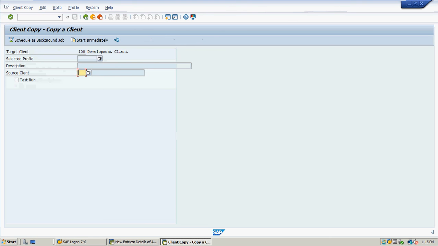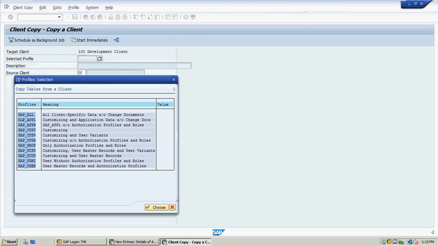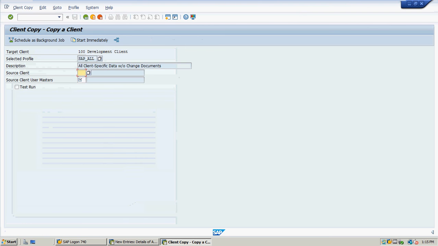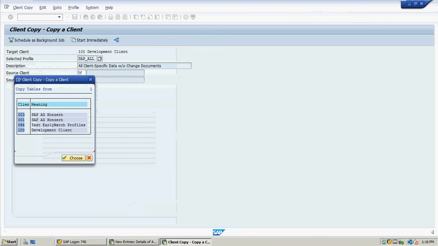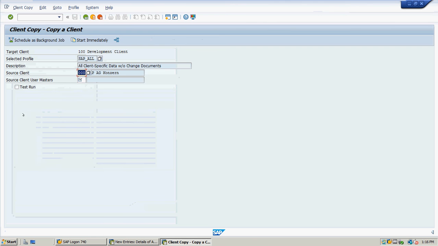So selected profile, select the profile you want. I want to go for everything, so SAP all. Source client, what is a source client? From where you want to copy? 000, go for it. Source client 000, go for schedule as background job.